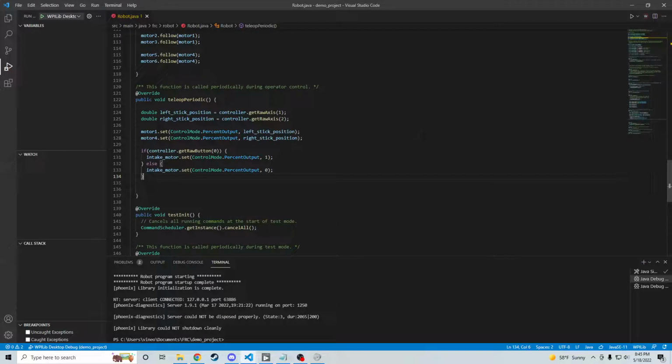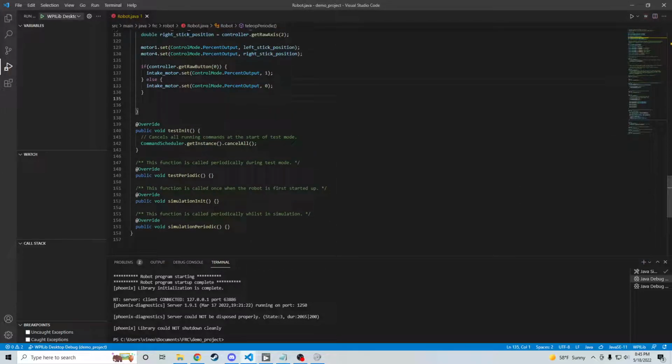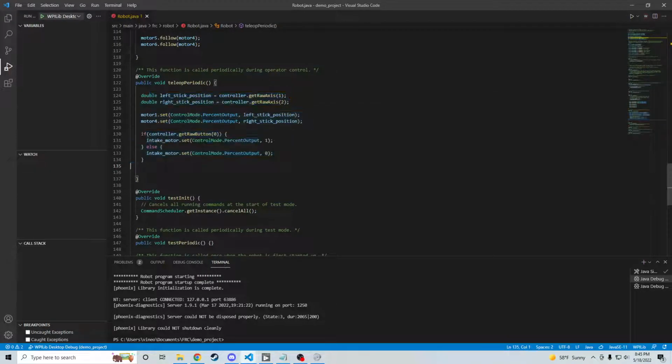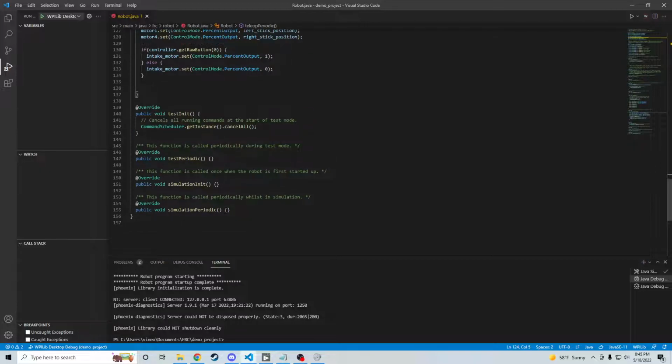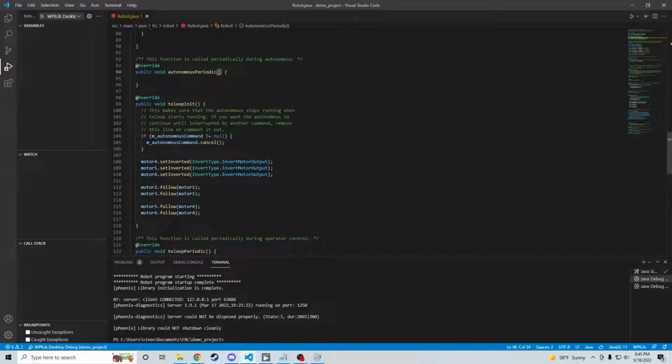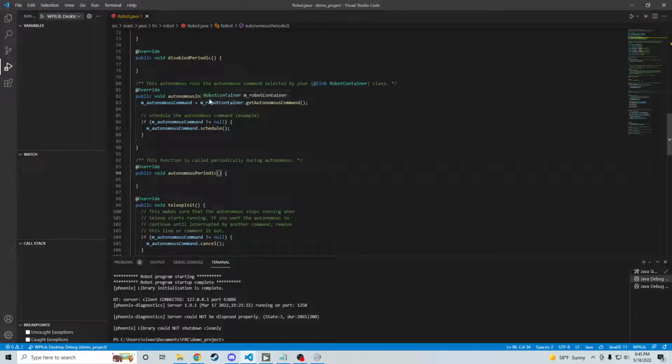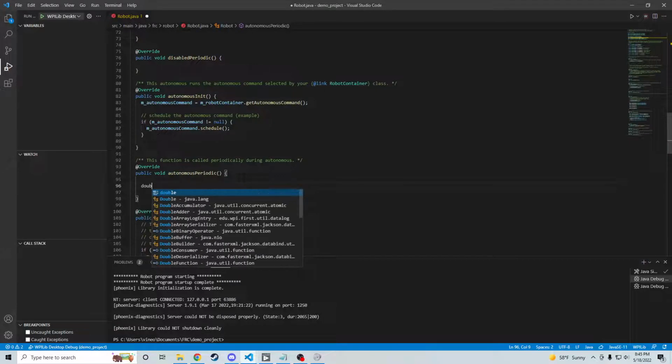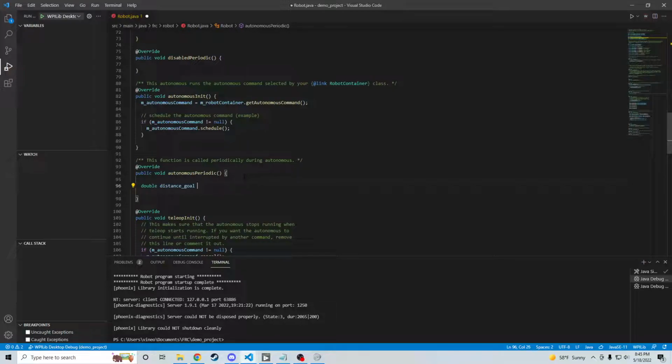So that's that. Let's think. Is there anything else we want to do? Pretty much that's it in terms of basic stuff. The last thing, once you get the robot driving around and working fully teleoperated and doing whatever you want, I'd say try messing around with autonomous. Try to make a way to make the robot move a certain amount of distance by itself. So this would be done probably inside autonomous periodic, right? Maybe you'd make a variable double distance goal or something, maybe at 100 inches,